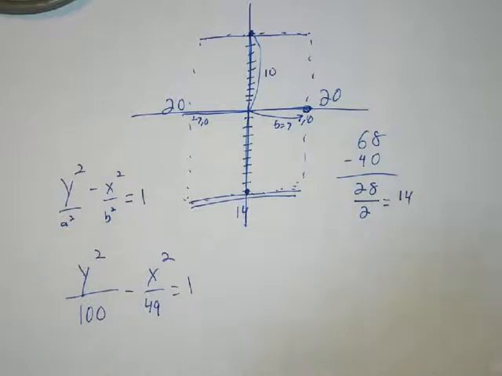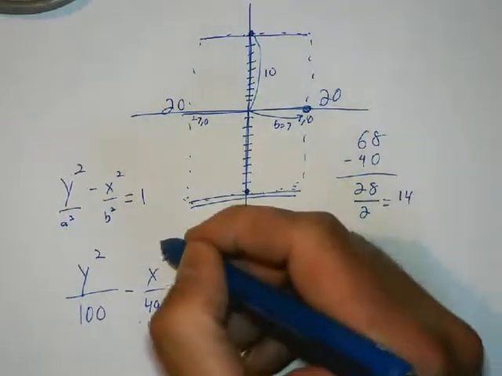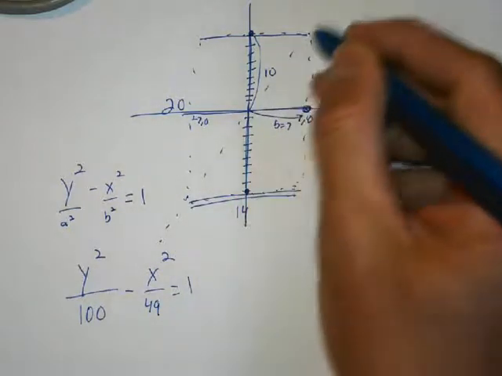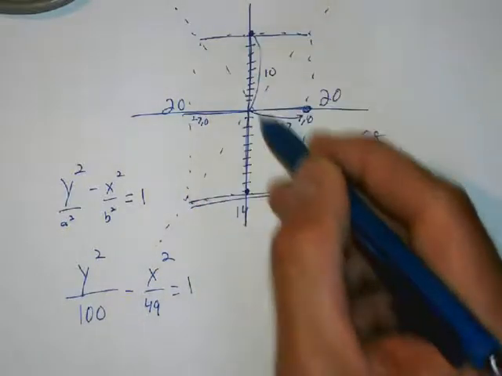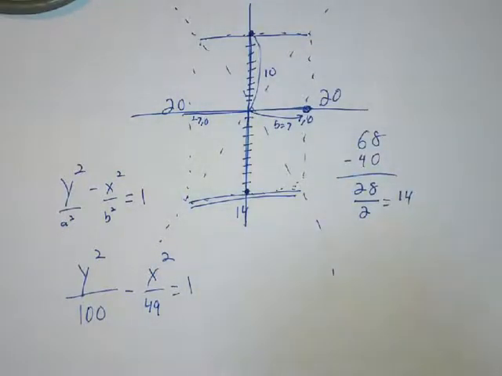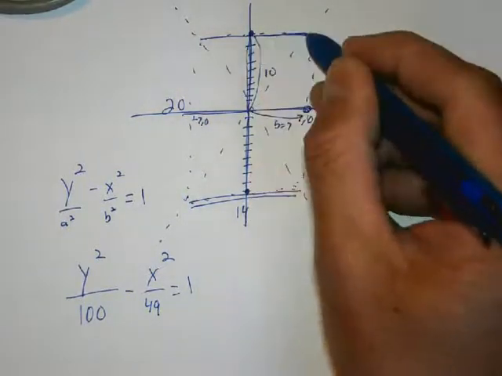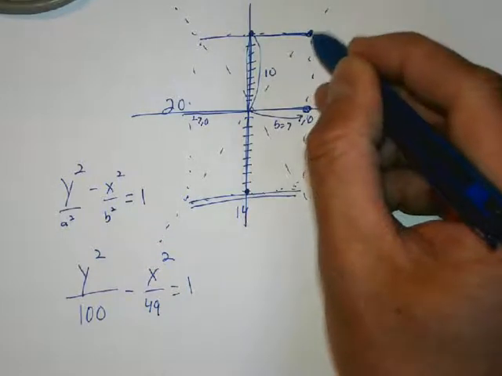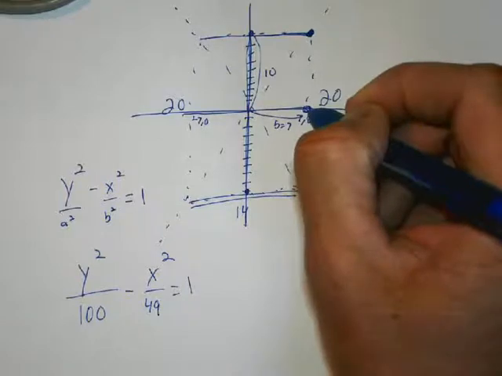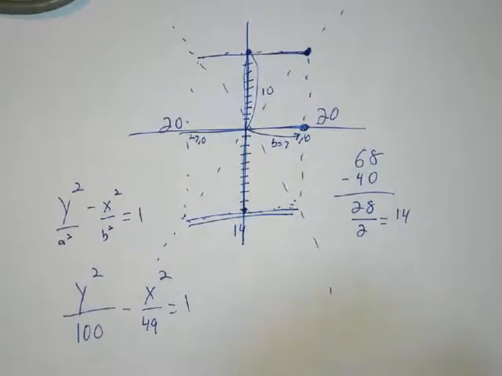And then lastly, kind of alluded to this, if I know the equations of my asymptotes, I therefore would know what my slope was, which means I would know what this endpoint piece here would be, which would allow me to figure out what this spot is. Let me show you what I mean. For example,